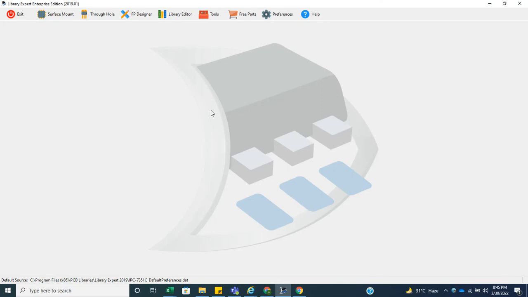Hello all. How we calculate hole size of any pin, any through hole pin. So in this video we are going to learn how we can calculate hole size of any pin. So just go into tool,